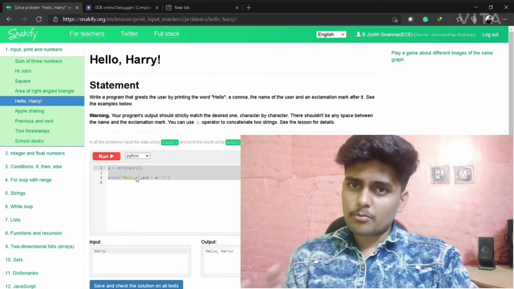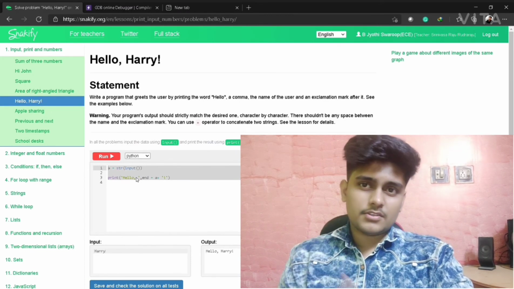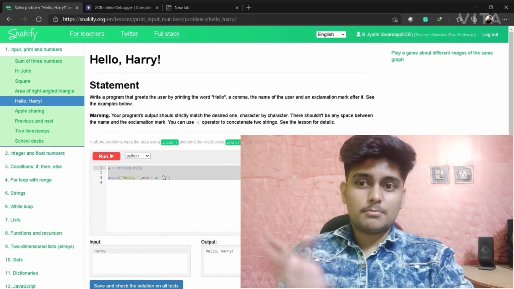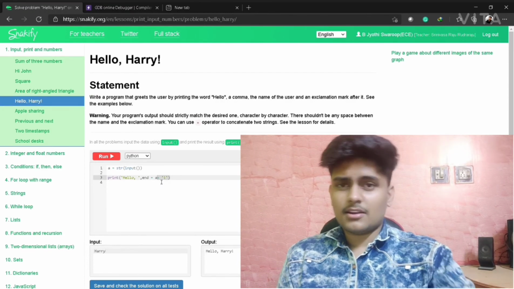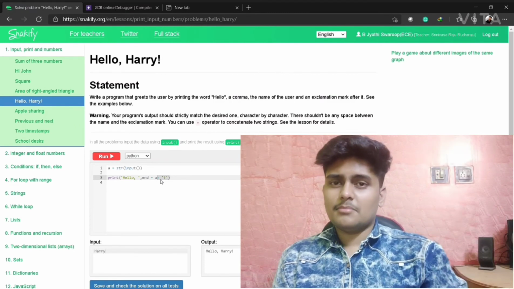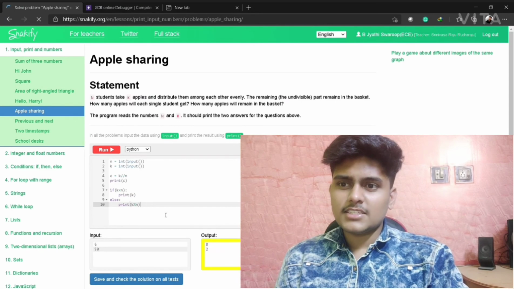Hello means we have to print hello, then we have to print Harry, which is the input taken from the user. And next we have to print a plus. Here you can also get confused. I have written this plus, but you can write a comma, and you can just enter that symbol.